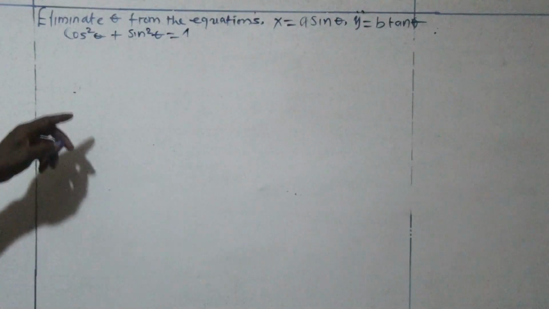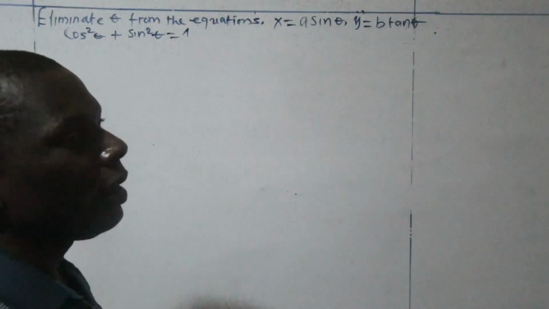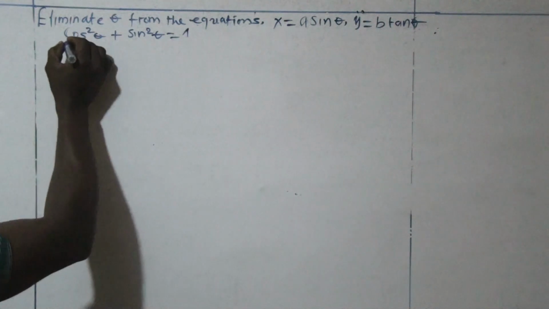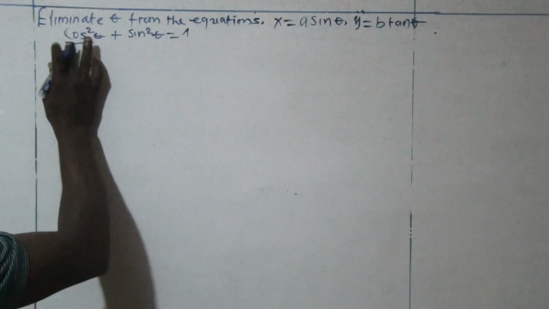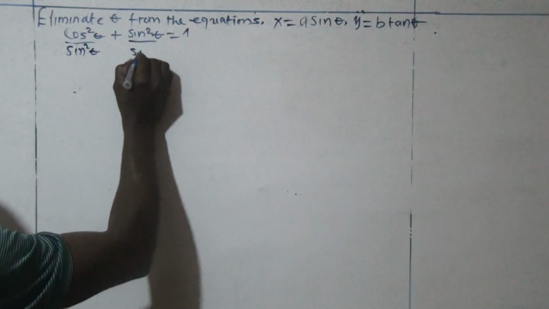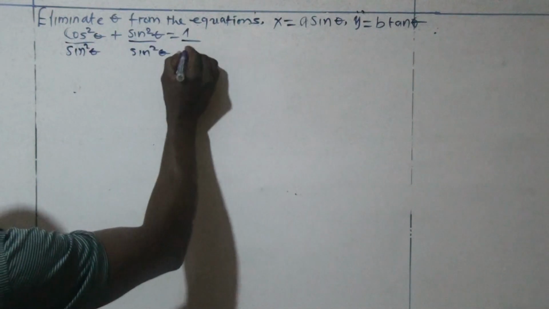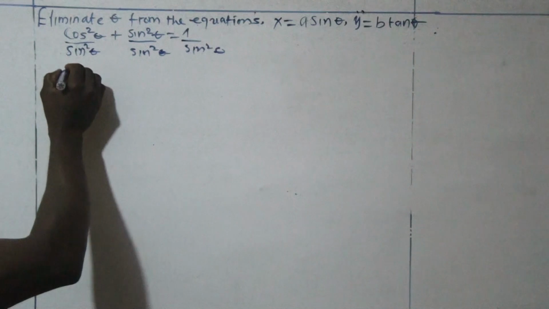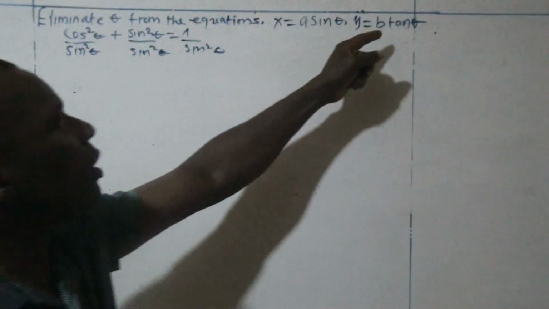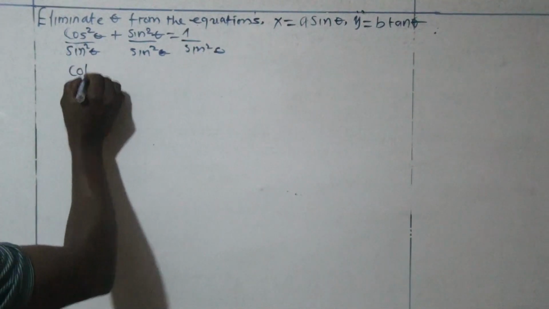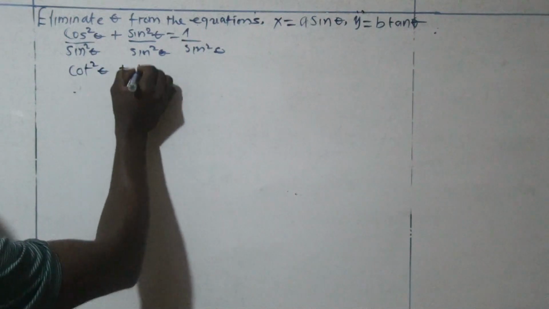and we want to obtain cosec, that means definitely we are going to divide through by sine squared theta. Here we will have cos square theta divided by sine square theta, plus sine square theta over sine square theta. Here cos over sine is the inverse of tan. Okay, so this will be cot square theta plus 1 is equal to